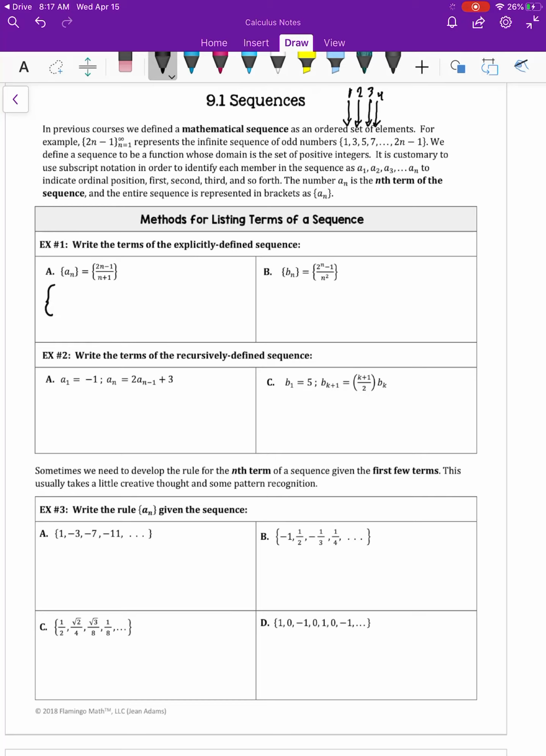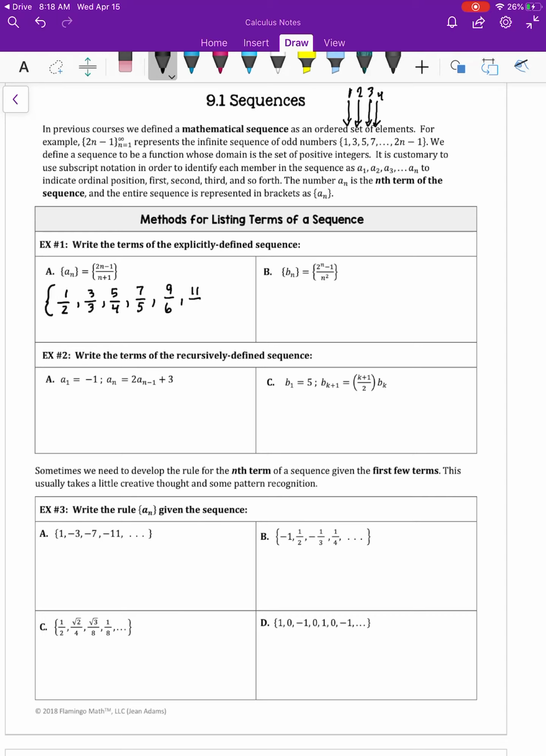So example number 1, we're going to write the terms of the explicitly defined sequence. We're basically just going to open up a brace here. This isn't a bracket, it's a brace. And we're going to put the number 1 in for n. And when we do that, we should get 1/2. We put the number 2 in, and we should get 3/3. I'm going to write it this time as 3/3, but we normally would say 1, okay? But I'm going to show you why in a minute. If we put a 3 in, we should get 5/4. If we put a 4 in, we should get